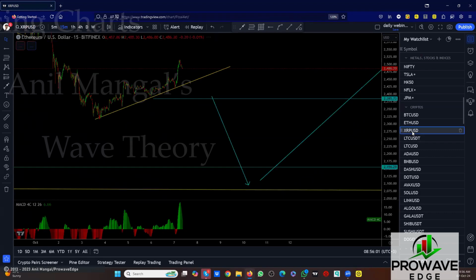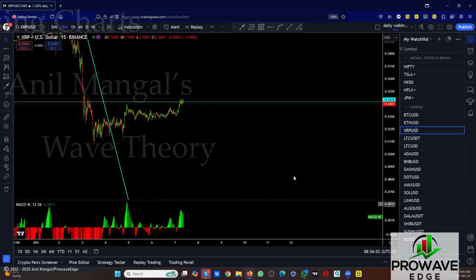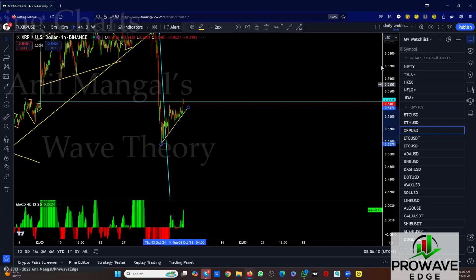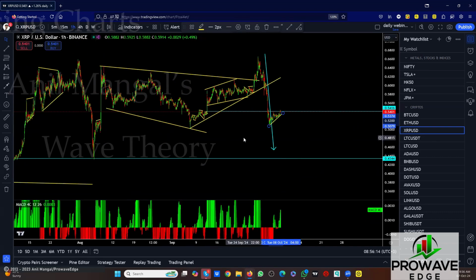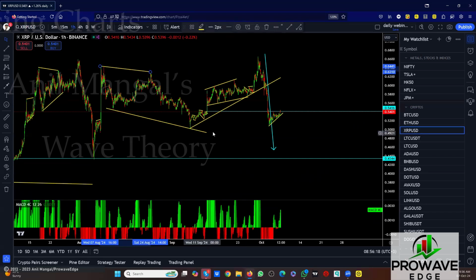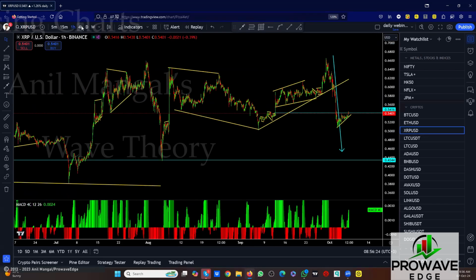XRP. Just one huge consolidation here, and that's downside. So this is going well. We broke the top and go with this. And this one is a really slow move up. So let's look at it this way. What's a bigger picture?